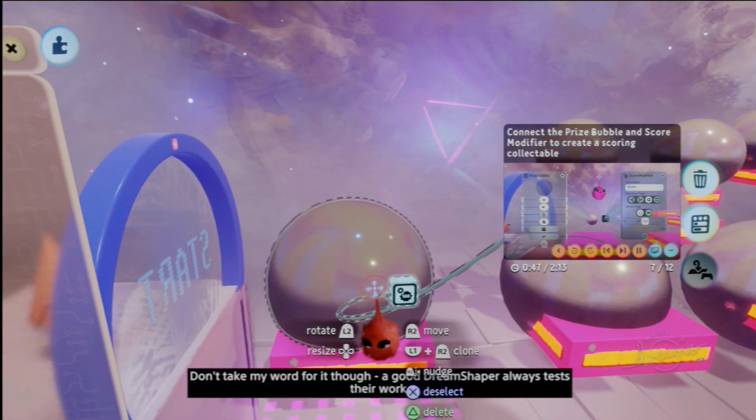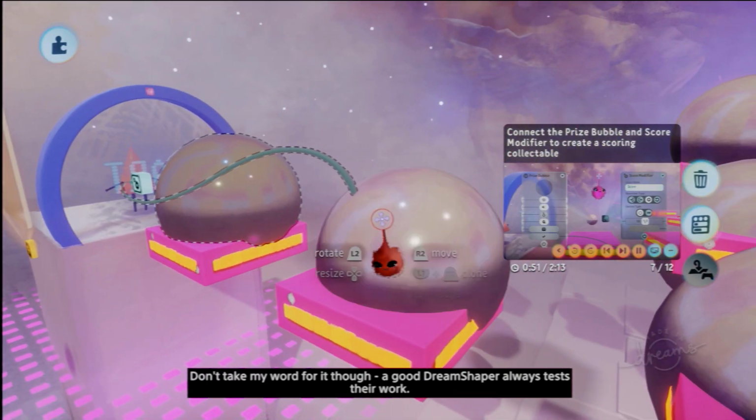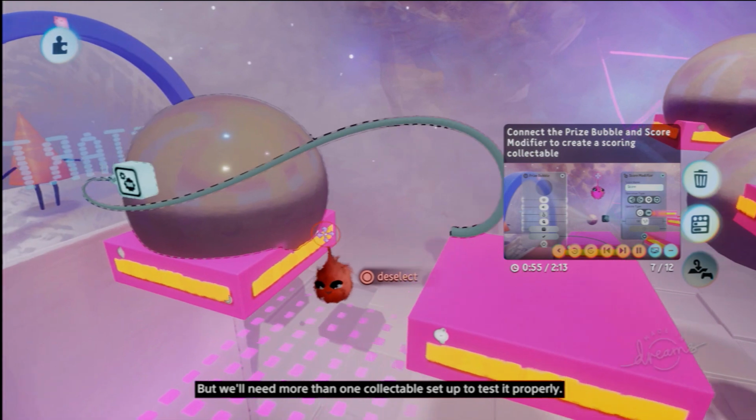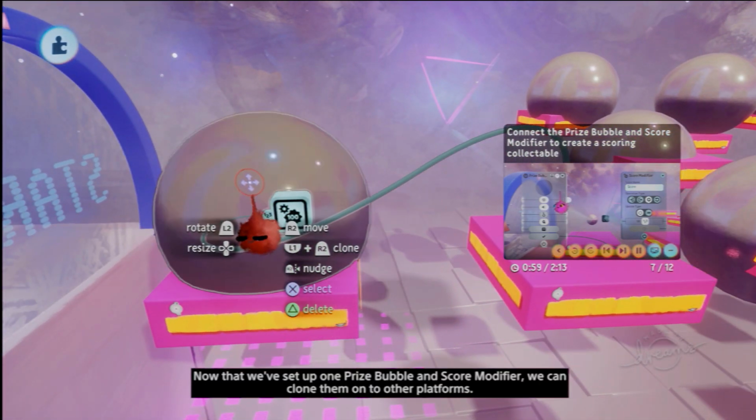Don't take my word for it, though. A good dream shaper always tests their work. But we'll need more than one collectible set up to test it properly. Okay. Now that we've set up one prize bubble and score modifier,